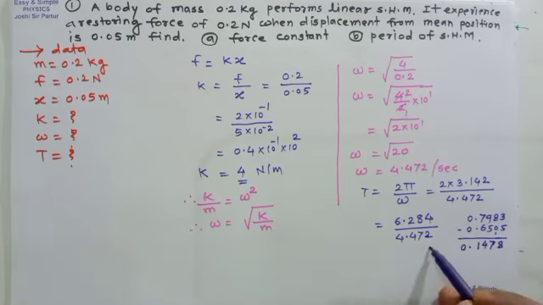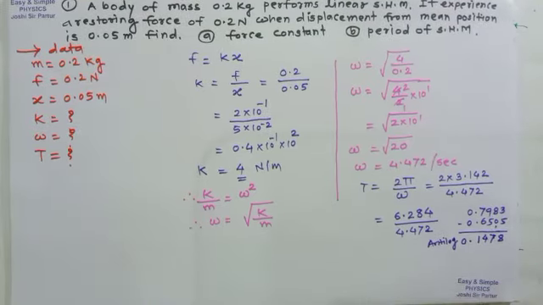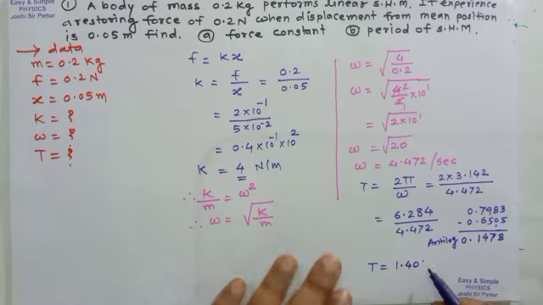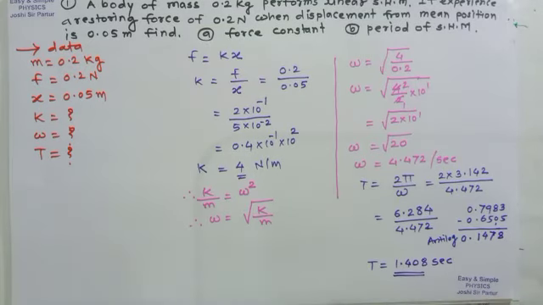So we can find out antilog. Antilog of 0.14 in 7, 8 is mean difference. So 0.14 in 7, it will be 1.403, and in 8, 3 will be there. So time period is 1.408 second. That is the answer for the given example.